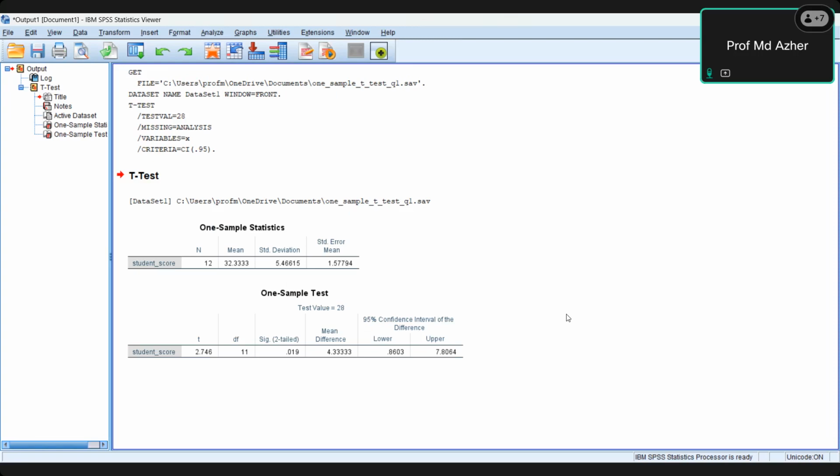And so we reject the null hypothesis and accept the alternative hypothesis. And what is that? Therefore we conclude that the online statistics tutorial had a significant effect on the examination results